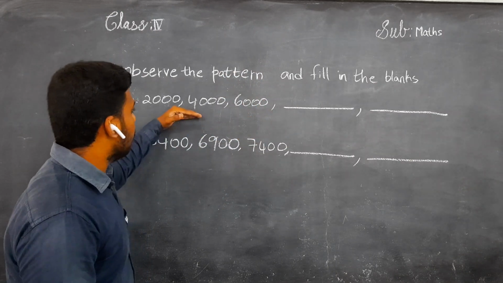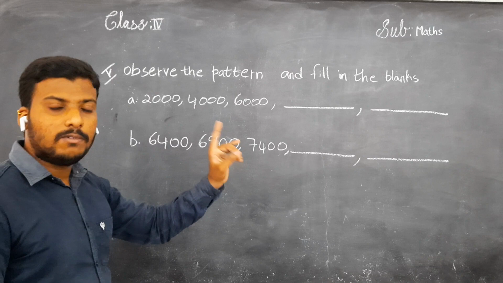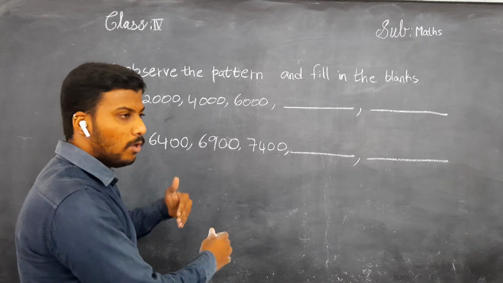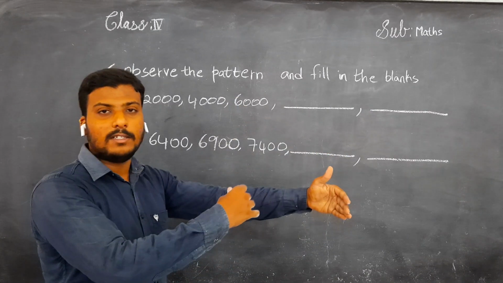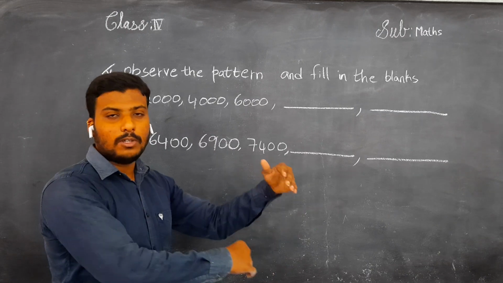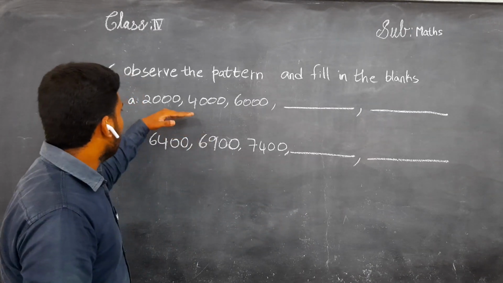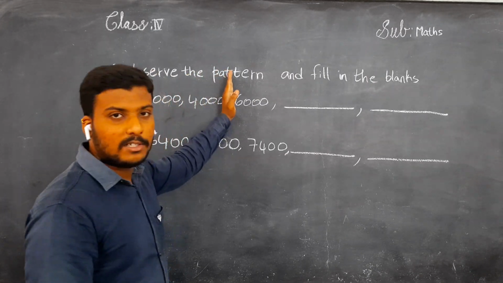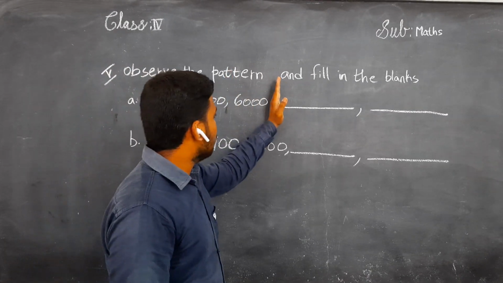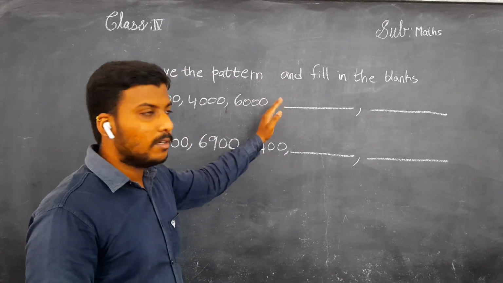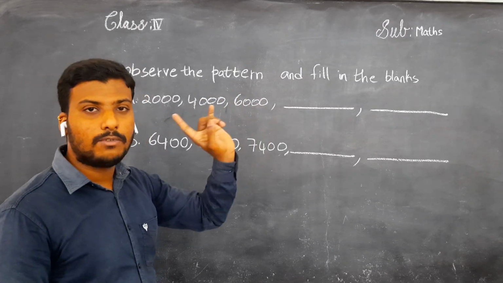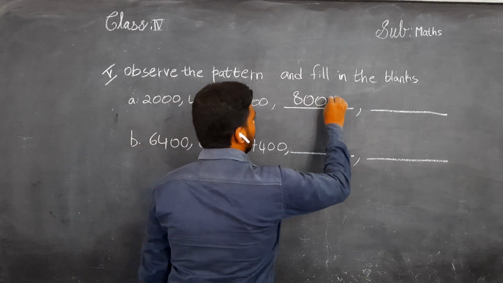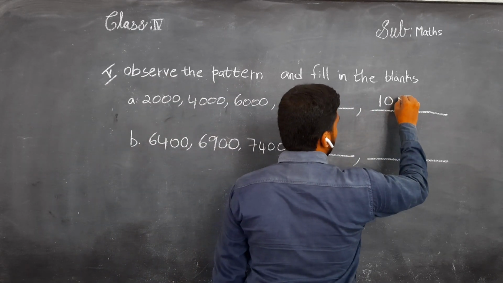By this we can assume that in each and every number there is a difference of 2000, successively repeating. Understand? 2000, 4000, 6000, and after 6000 what is the number we will get? 8000. After 8000 what will we get? 10,000. Between 2000 and 4000, 2000 is repeating. Between 4000 and 6000 again 2000 is repeating. Between 6000 and 8000 there is a difference of 2000. For each and every number there is a difference of 2000. You have to know it. It is repeating successively, one after the other.